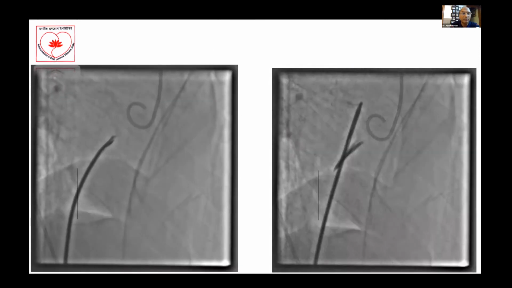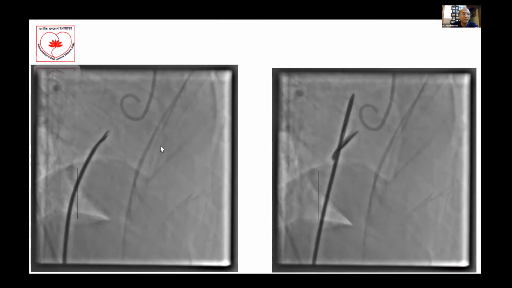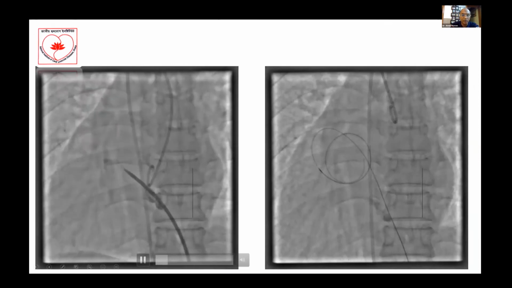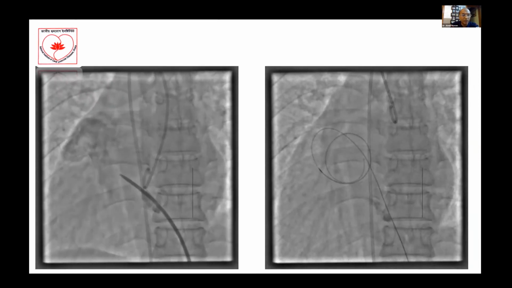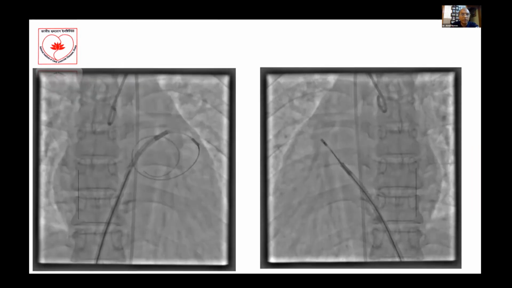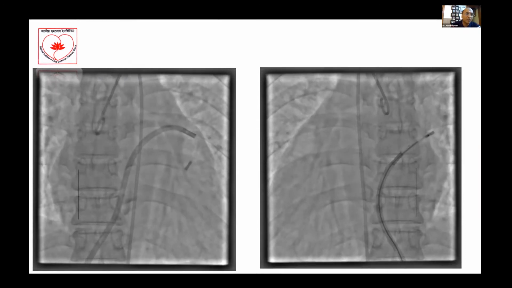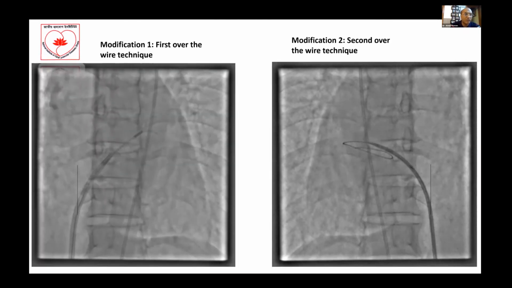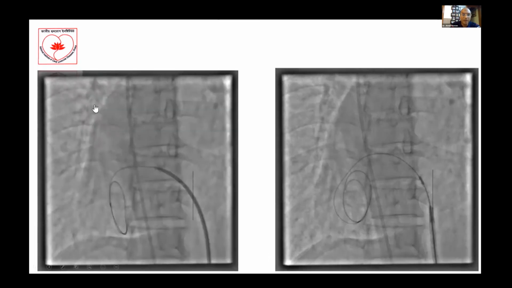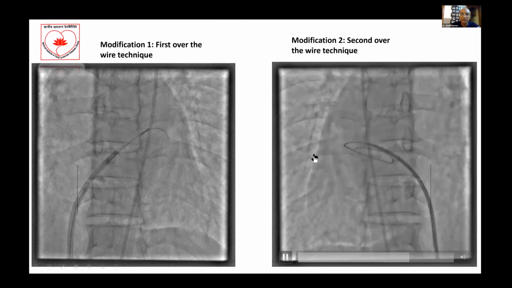And the newer cath lab machines produce the mirror image. For that reason, it is easy to puncture, but the trick is the position of the needle. Here we are doing all the steps. We push the balloon, and with the J-shaped wire, we fail to cross the mitral valve. So we have to modify the Inoue procedure. The first over-the-wire technique failed. Then the second over-the-wire technique was taken with the Mullins sheath, and we succeeded in entering the LV,